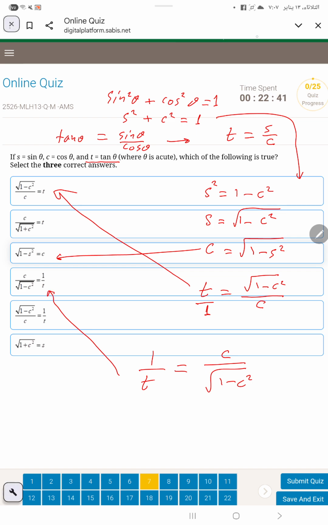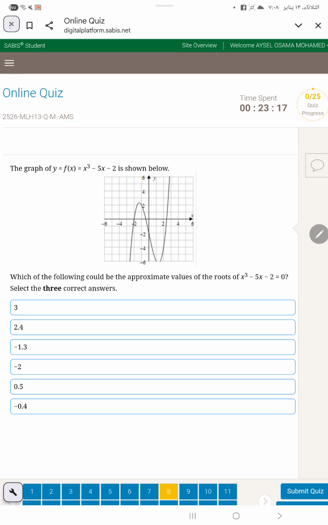Now we move to question number 8. For question number 8, you are given this graph and we want to find the roots of the equation. The roots means the x-intercepts, which means where it cuts the x-axis. So if you see here, it cuts it at minus 2. So that's the first